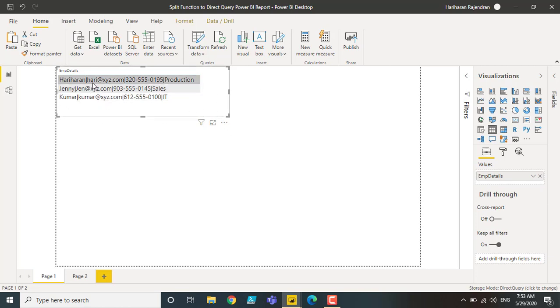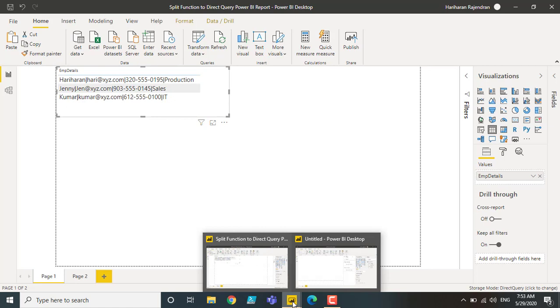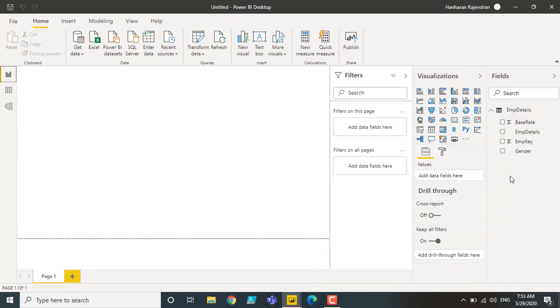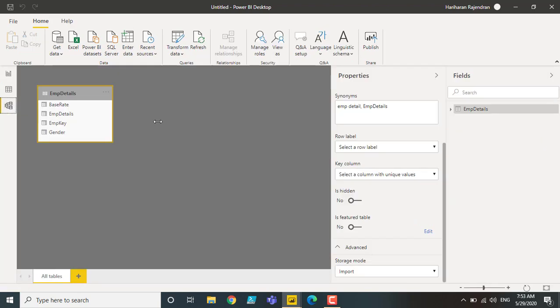Maybe in your case it may be a colon or semicolon, so there could be different scenarios with this same column format. I need to split this column into separate columns. I need to get 4 different columns as we have 4 different values in a single column. Let me show you how this is possible with import mode first, then I'll come back to the direct query based reports. Here this is my same table with import mode.